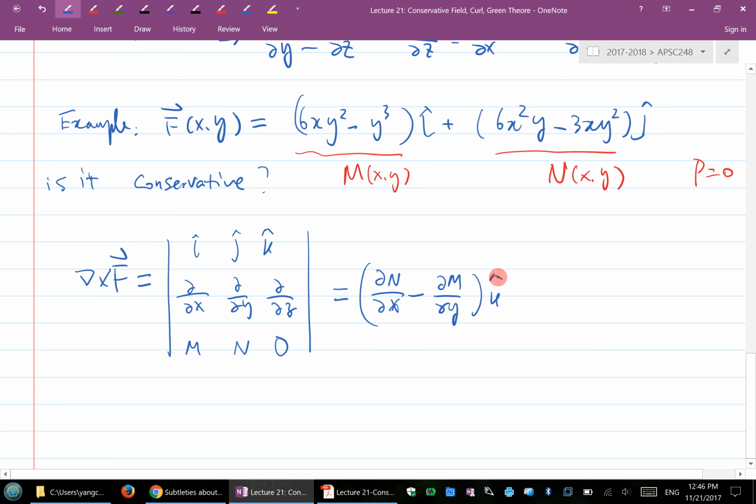Interestingly, when you have a 2D vector field and you use this del cross F, you basically get a vector pointing in the z-axis direction. I know what M and N are, so we can simply substitute and calculate each one. Take a look at what partial N over partial x is. Here's your N. You treat y as if it's constant. So partial N over partial x is 12xy minus